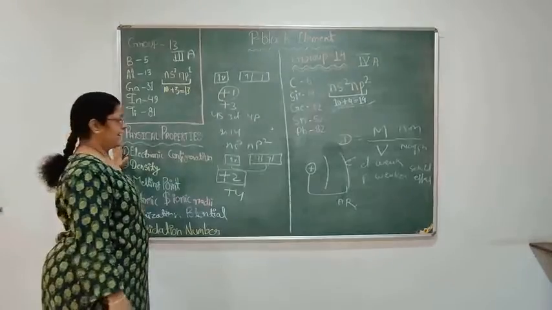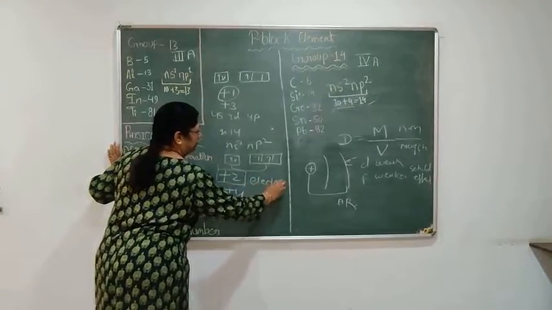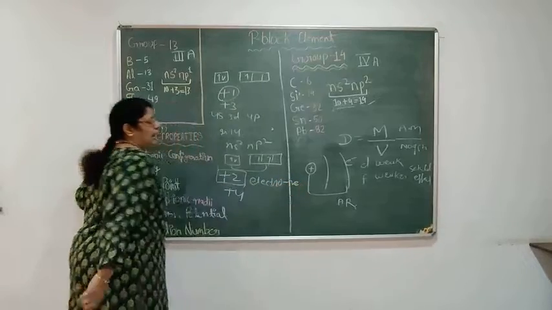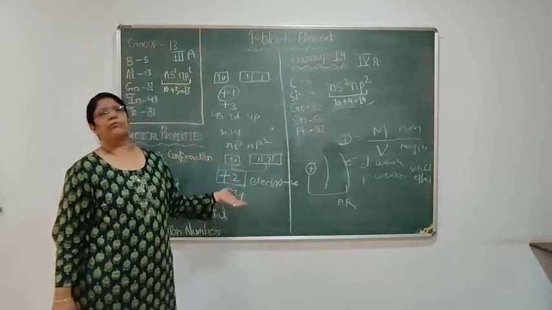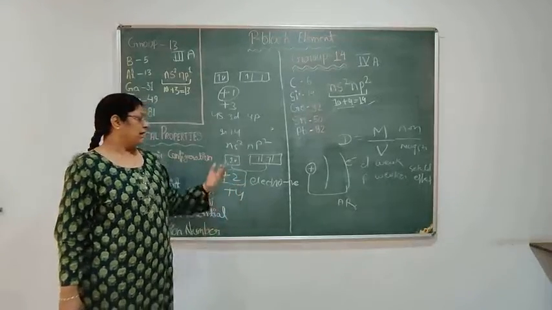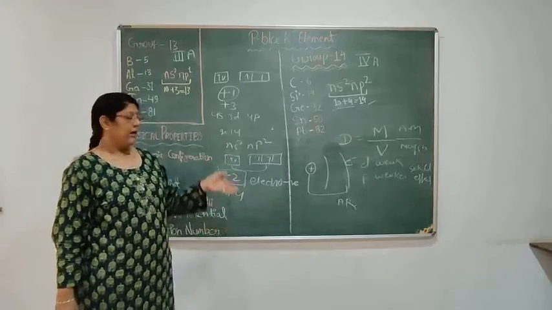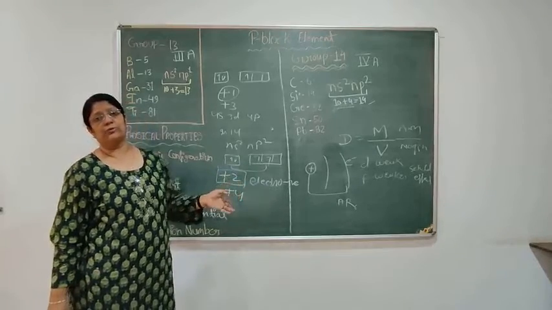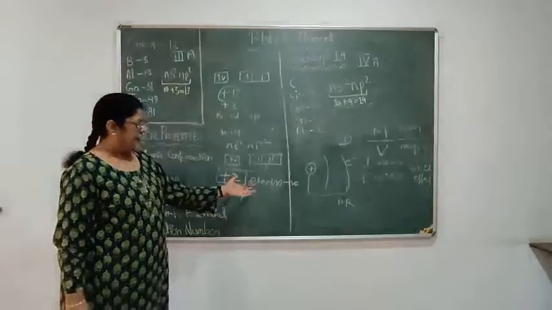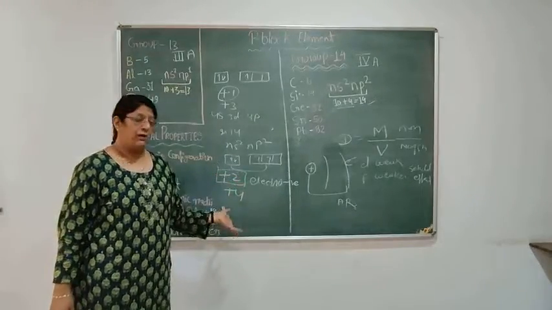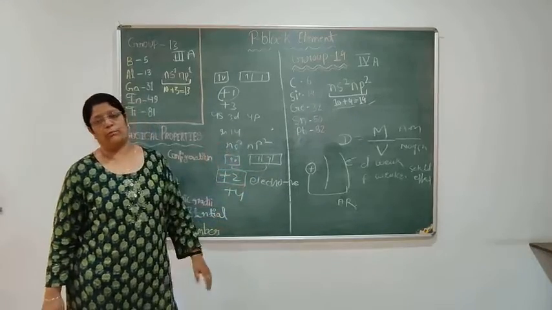Now we are talking about the next topic, that is electronegativity. As we move down the group, the number of shells is increasing. The nuclear charge is also increasing. The increase in the number of shells is more effective. That's why the distance from the outermost shell to the nucleus is increasing and attraction is decreasing. So gaining an electron becomes more difficult. That's why electronegativity decreases down the group.